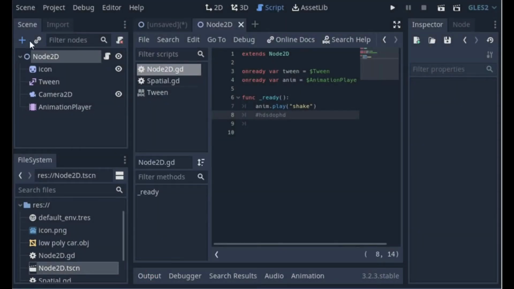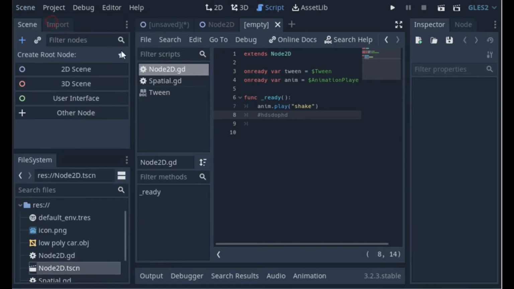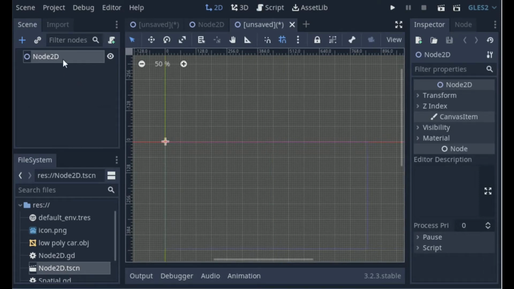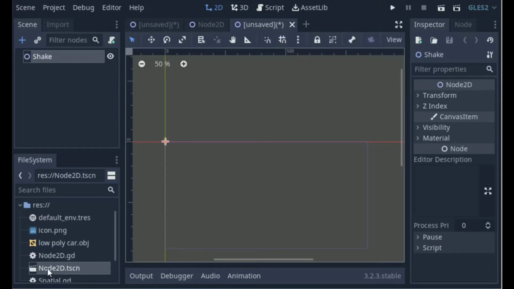Now we are going to create a new scene, and a 2D scene. This effect can also be used for 3D. So I'm going to just call this shake, and it's going to let me add the turn on grid. Let me add our Godot icon